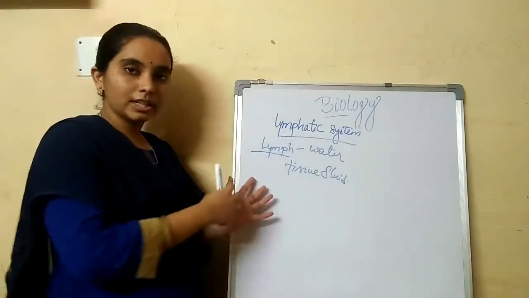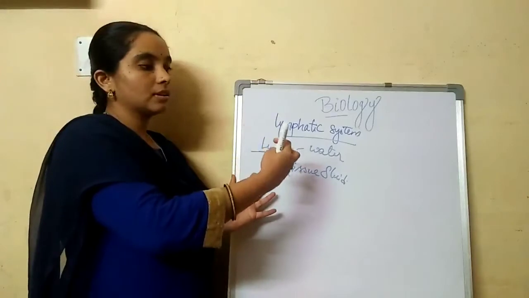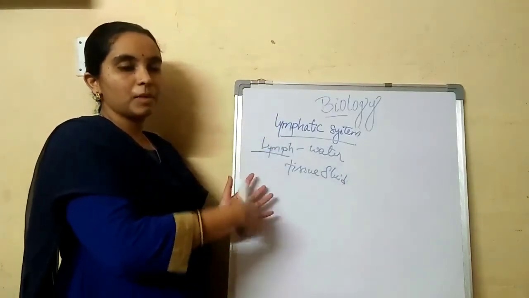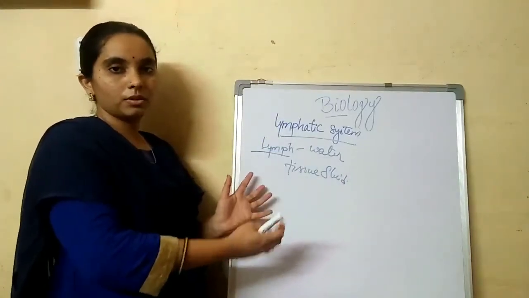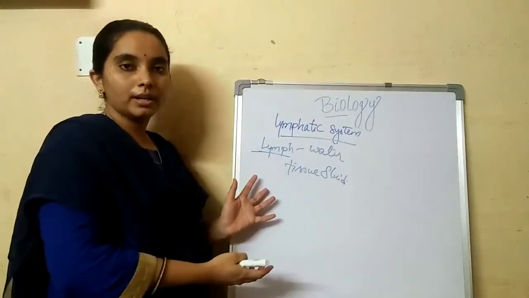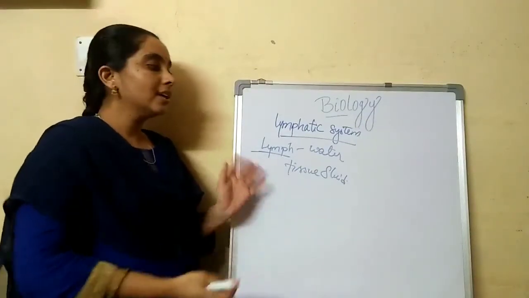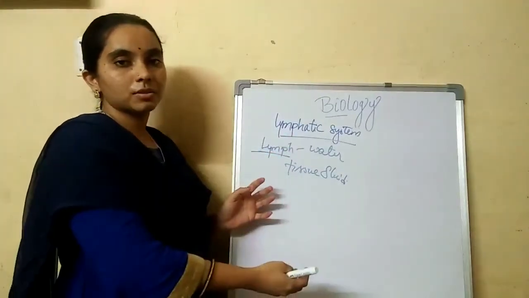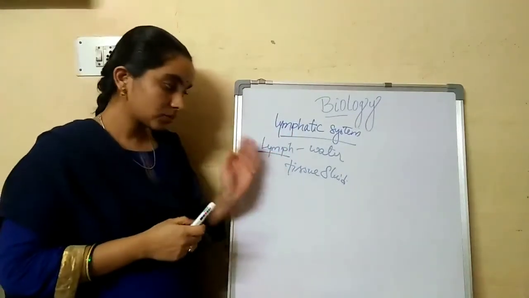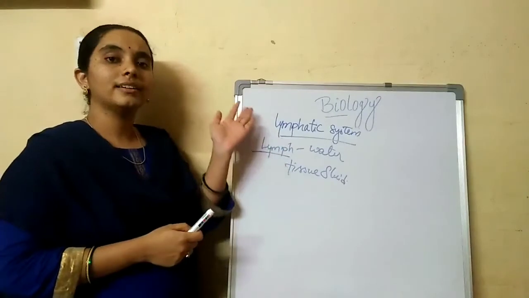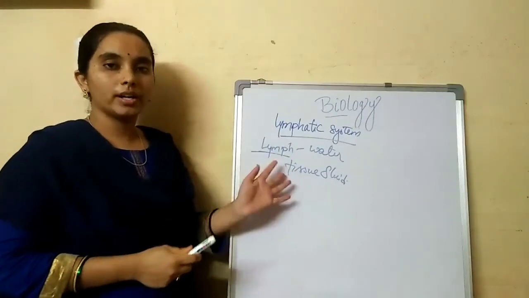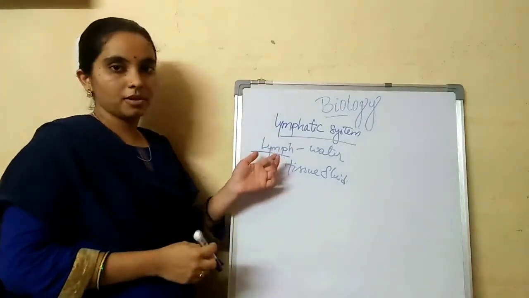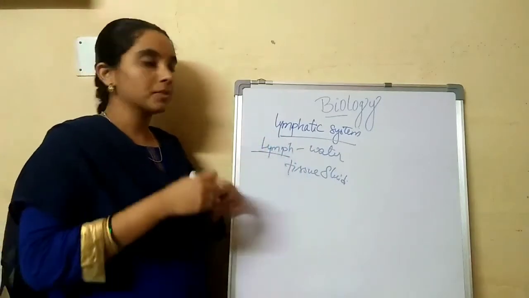So these tissues will give the different types of microorganisms which are harmful to us, or extra fluid that is present in the tissues. These are given to the lymphatic system. Now this lymphatic system gives them to the circulatory system. So this is also called the drainage of our body. Okay, so the drainage system of our body is called the lymphatic system.